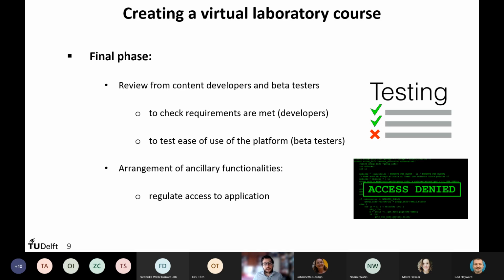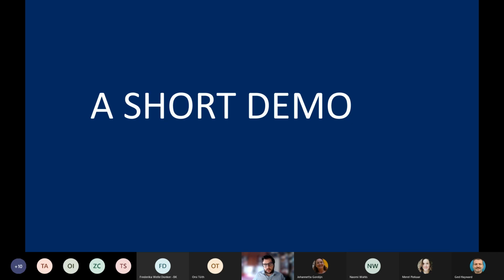So that's, I think, an important note if you ever were to develop such a course which requires a separate app from Brightspace or edX for the experiments. You need to regulate the access, I would say. So this is all I wanted to say,